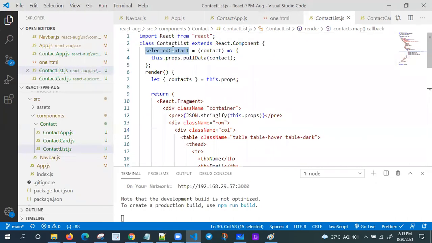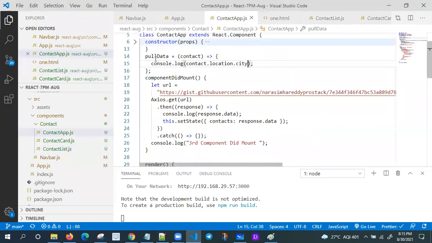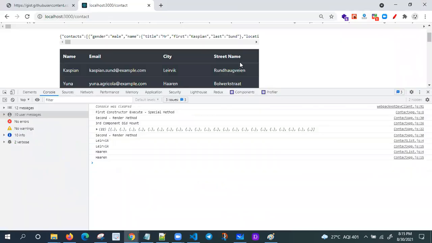This event handler is invoking my parent component's method. While invoking, I'm passing the contact. My parent component method is invoking, and I'm printing the city. We're getting the data.